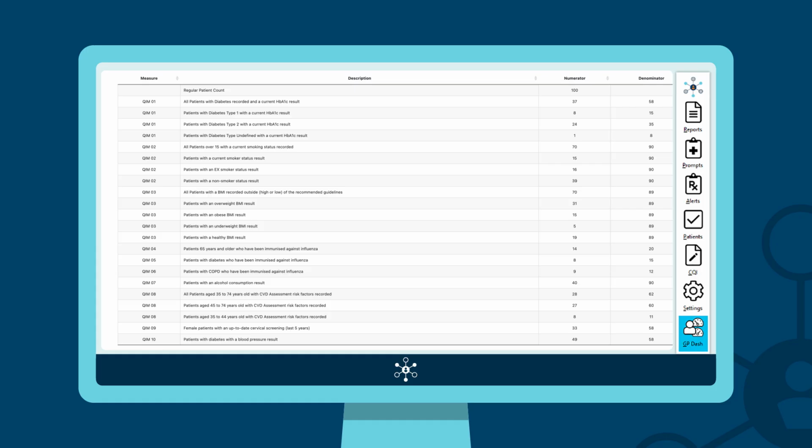These measures include: 1. Proportion of patients with diabetes with a current HbA1c result, 2. Proportion of patients with a smoking status, 3. Proportion of patients with a weight classification, 4. Proportion of patients aged 65 and over who were immunised against influenza, 5. Proportion of patients with diabetes who were immunised against influenza,